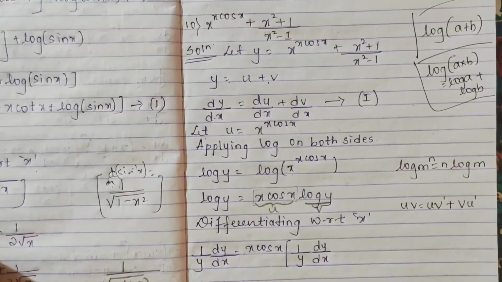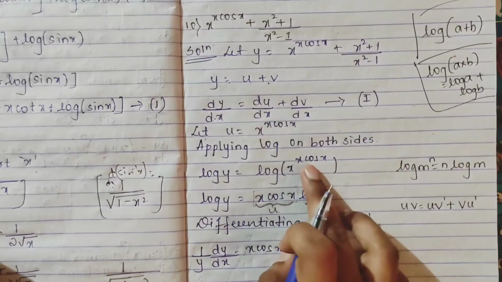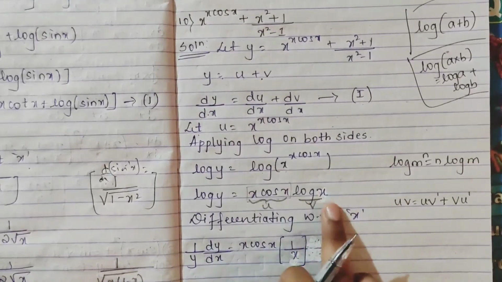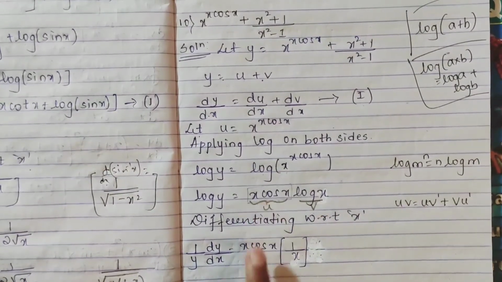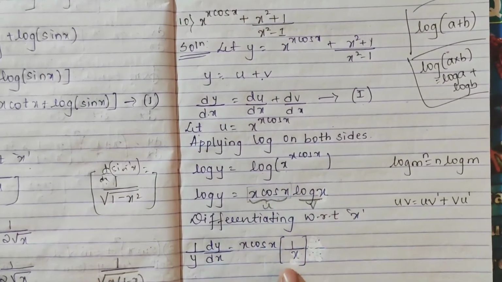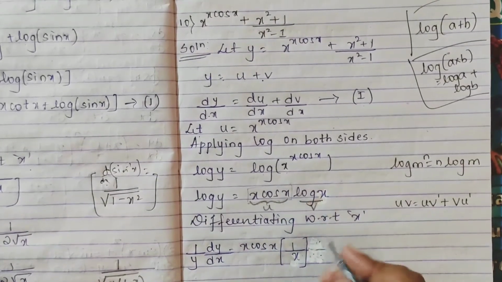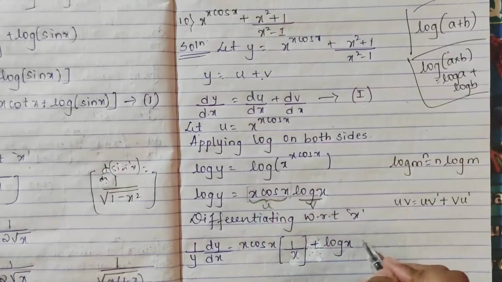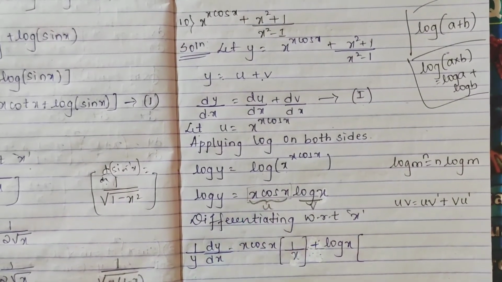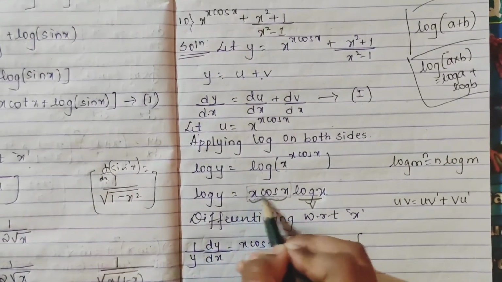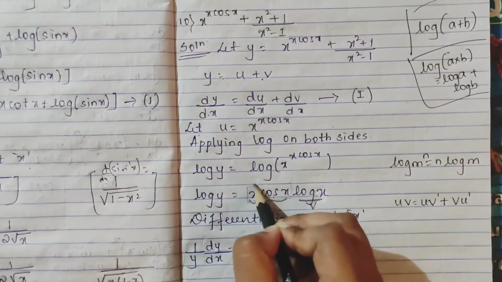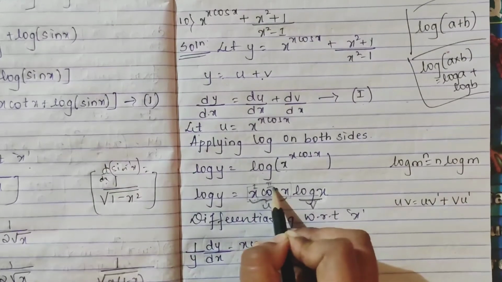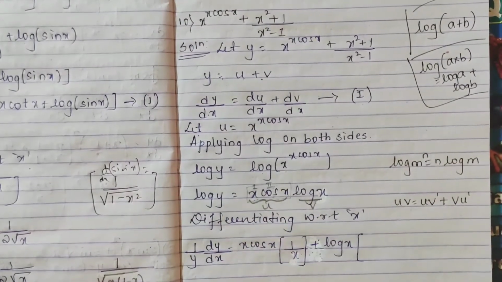Just a second, I made a mistake. It is x cos x, it is log x, sorry, this is log x, I had made a mistake. So x cos x keeping as it is, log x differentiation is 1 by x. Now second, keeping your log x as it is, that is your v, differentiating your u, and here u also again you have two forms, this you can take as 1, this as 2, same product rule, uv, keeping your 1 as it is, differentiating your 2, keeping your 2 as it is, differentiating your 1.